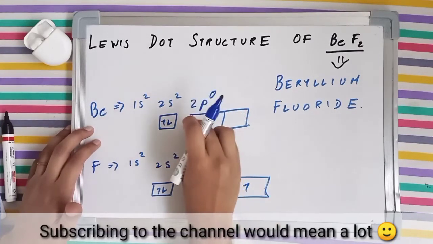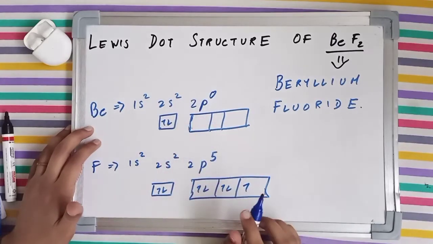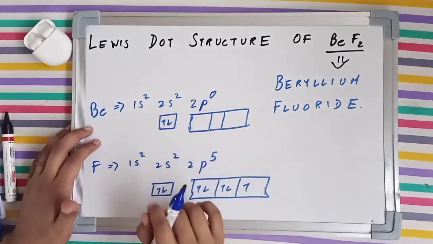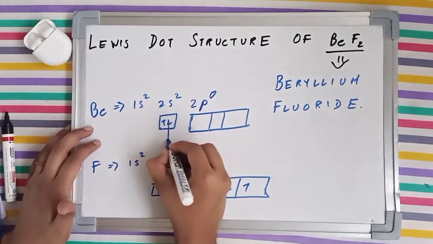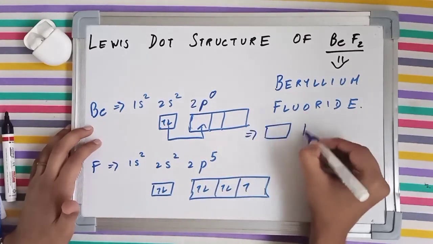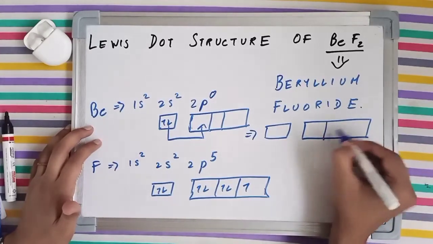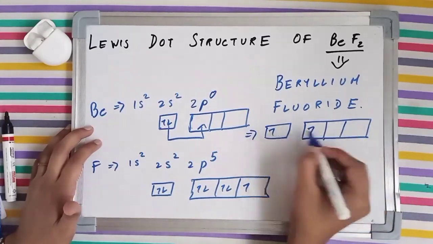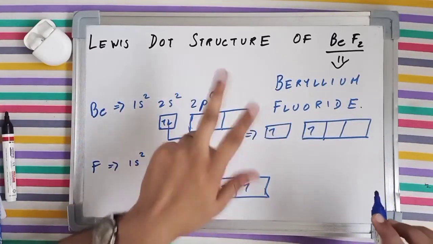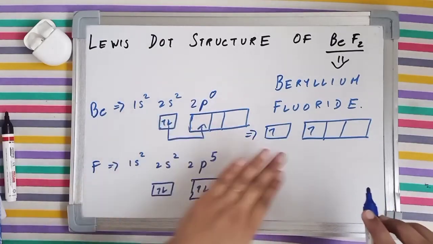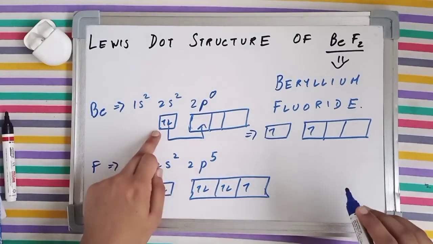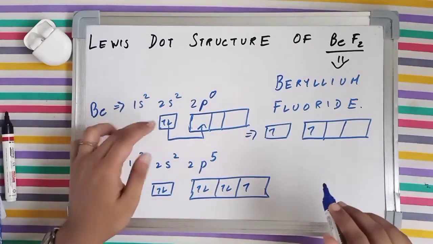Now what happens is that excitation takes place, and beryllium right now can make 0 bonds because 2s is completely filled. So one of the electrons jumps from 2s to 2p, and now its orbital diagram comes out to be like this. You got 2 unpaired electrons, which now means that beryllium can make 2 single covalent bonds, and the number of valence electrons for beryllium is also 2. It was also apparent here that beryllium has 2 valence electrons, and its valence shell is the second shell.